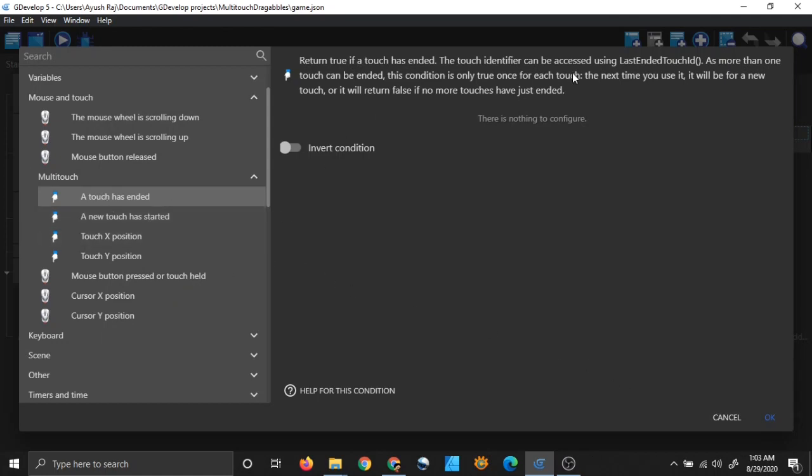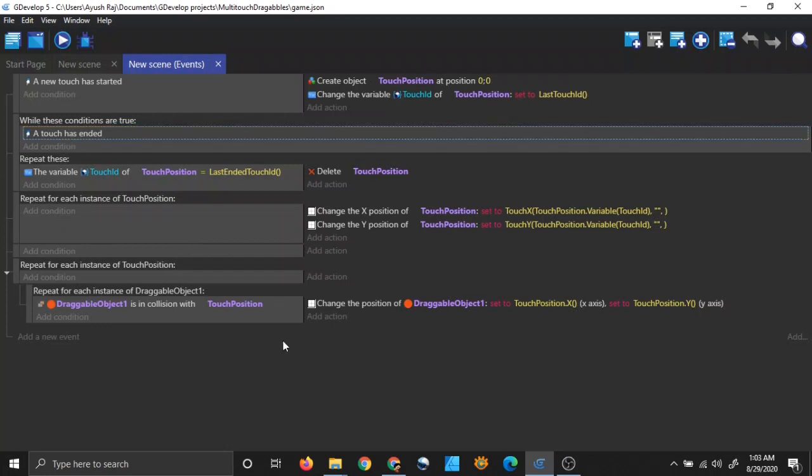When you click on it, you will have nothing to configure, and you will have the condition a touch has ended. So when the touch has ended, we want to delete our touch position, right? When touch started, we created a touch position just to keep track of where we have touched, and when we lift the finger, we want the touch position of that finger to be deleted.